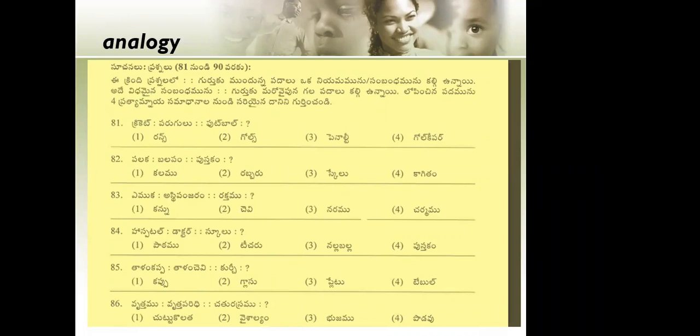There is a relation between the terms. So you have to identify the same kind of relation for the question mark answer. Cricket, runs, means here cricket and runs. What is